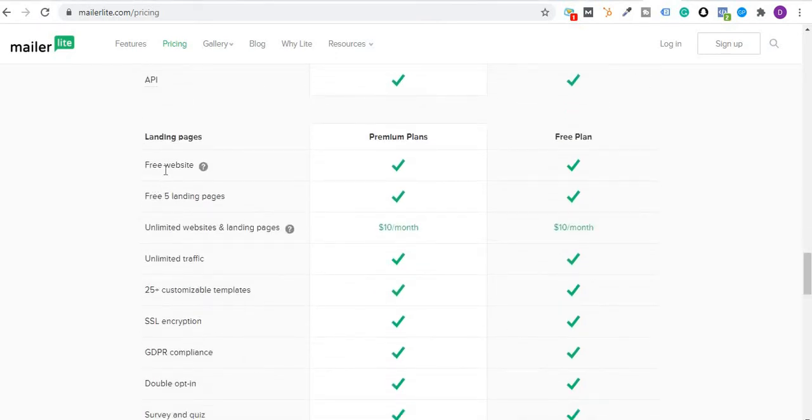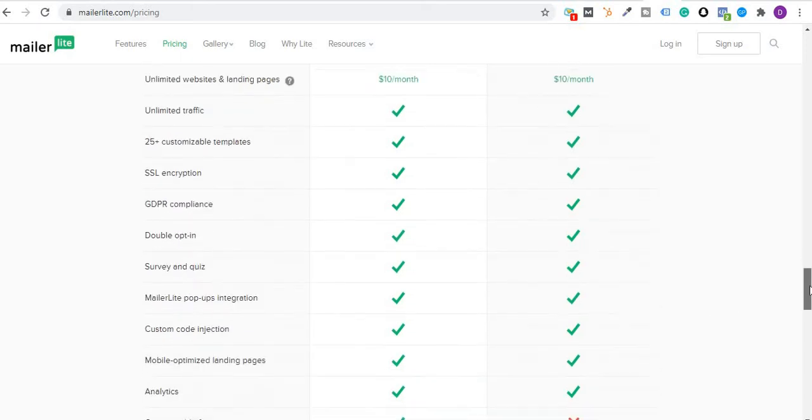And again, free website. You can use the Mailerlite website builder. Free 5 landing pages. And if you want unlimited landing pages, then you need to pay $10 per month, and unlimited websites as well. But in the landing pages, even in the free plan, you get unlimited traffic, 25 plus customizable templates, SSL encryption. It's all GDPR compliant, double opt-in,